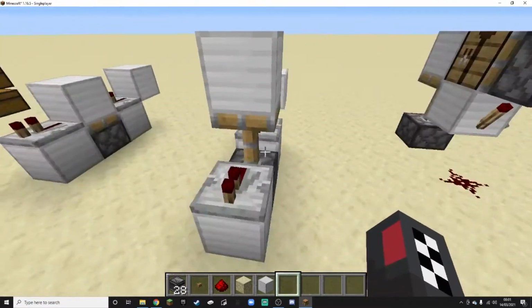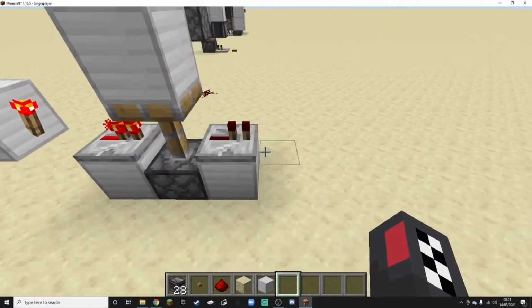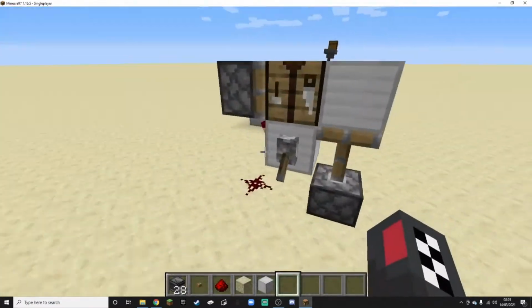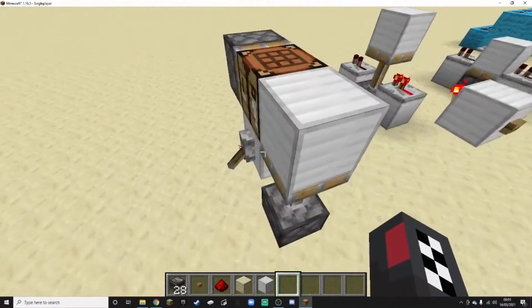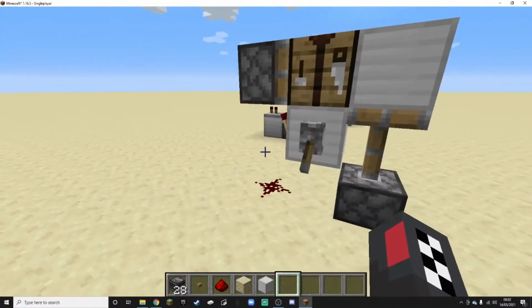And then when it's repowered, it's enough time to give an output. This circuit here is great if you don't want your base to clutter up with crafting benches and things. It's called a block swapper. Or it also can be used for